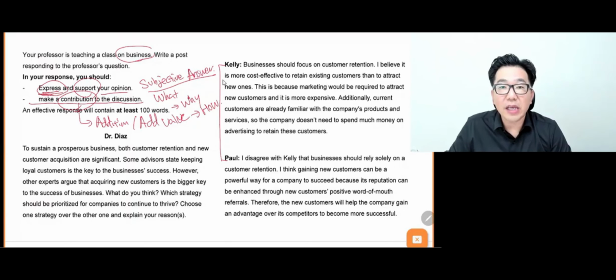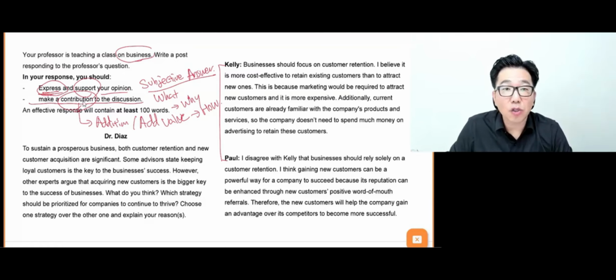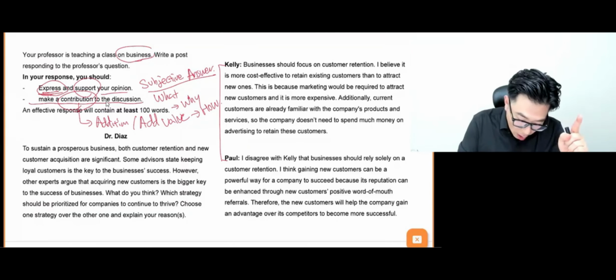Because you can already read 2 answers from 2 different students, it is possible to just use this idea or use some idea against this idea and kind of copy paste in a way without adding your own opinion, right? So what does it mean to make a contribution to the discussion? It means you must add your own contents